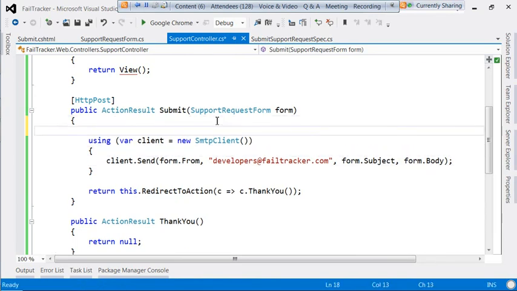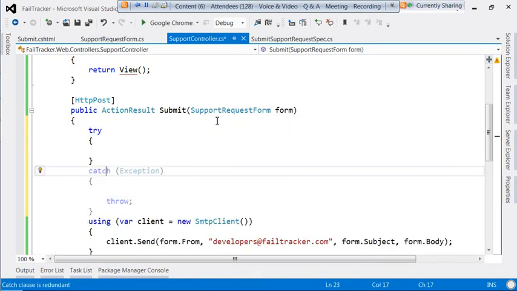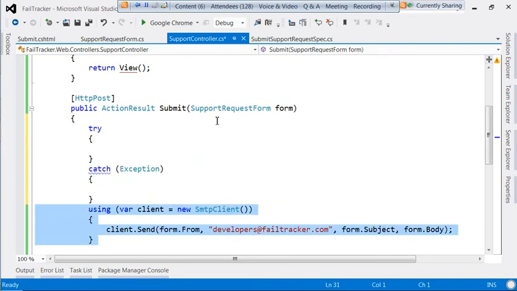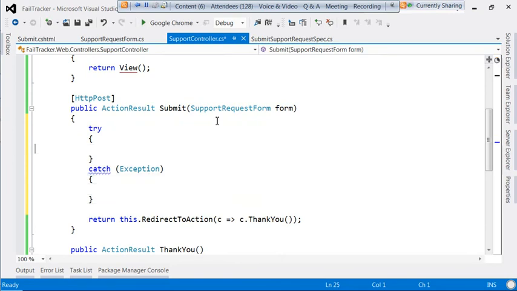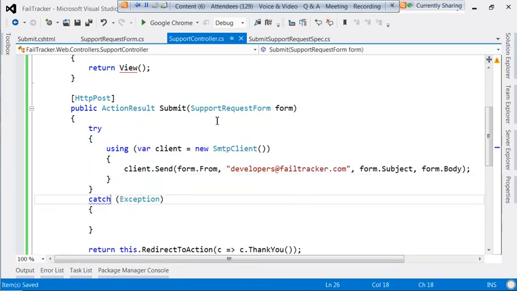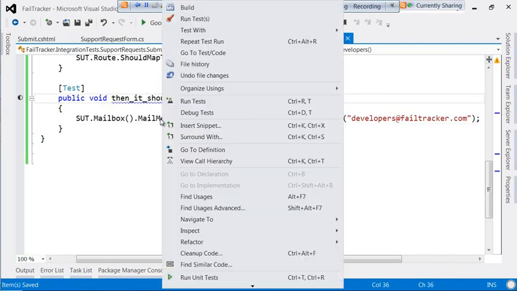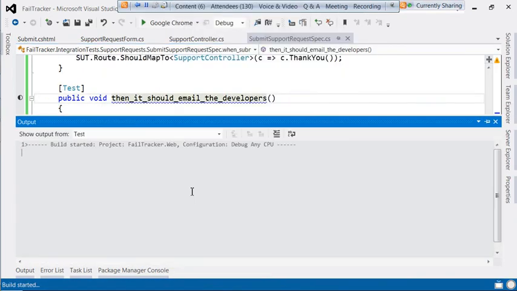Alright, and just for hackiness sakes, we're going to go ahead and catch any exceptions that are thrown and eat those, because I want to be able to run this in my browser in a few minutes, and I don't have a local SMTP server, and I don't want to stand one up temporarily. So for now, we'll just eat any exceptions that occur, and who cares about error handling anyway. Okay, so we come back over here. If we run our new test to check the email contents,